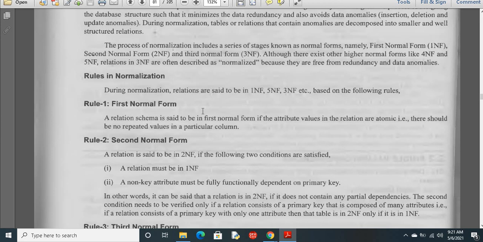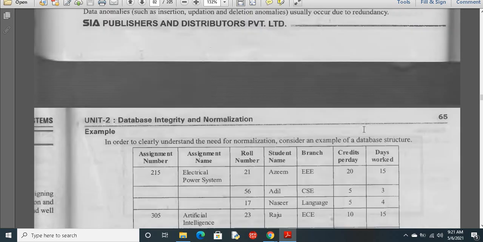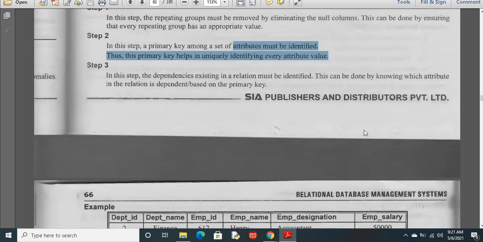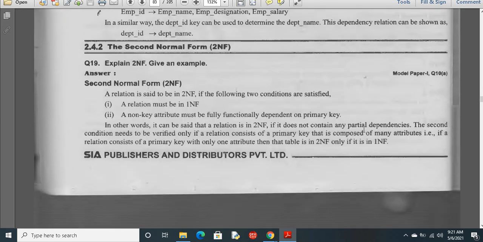Third normal form, in the sense it should eliminate transitive dependencies. So here we have seen first normal form, second normal form and third normal form, 3 normal forms.